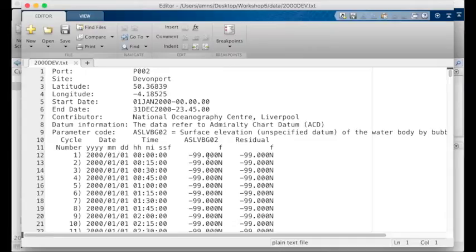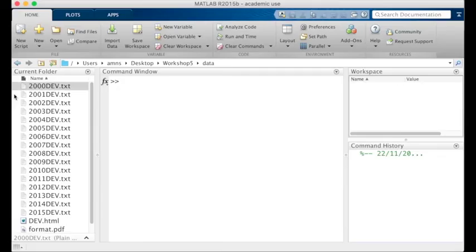We're wanting to import this elevation and the date and the time only. Now you'll see here that we've got a value of -99 and the letter N at the end of that value, so we first need to understand the format of the data, and that's given